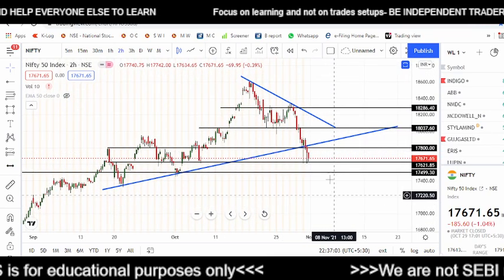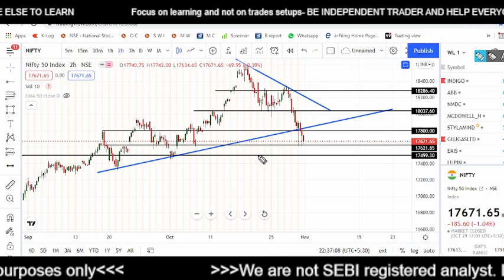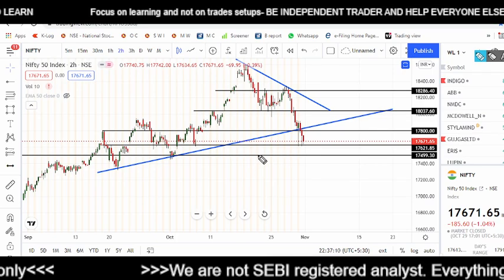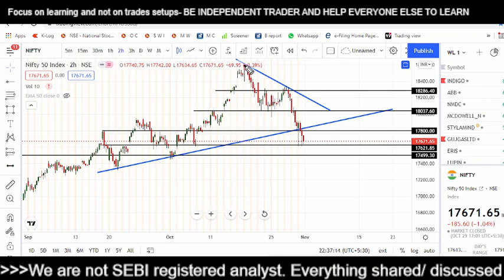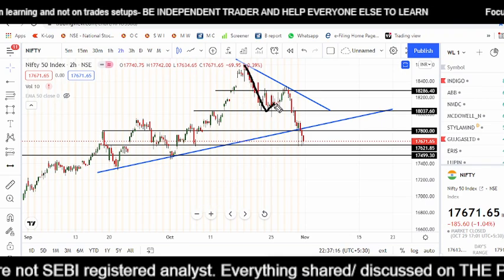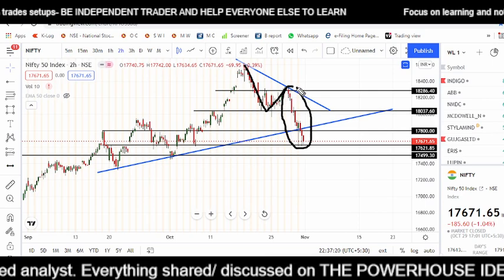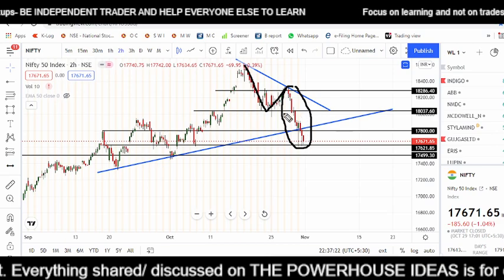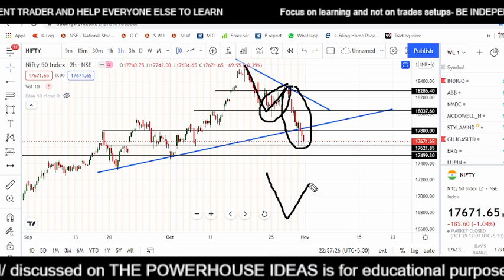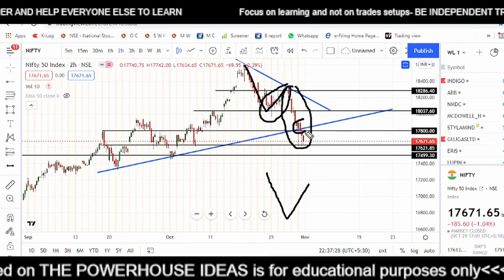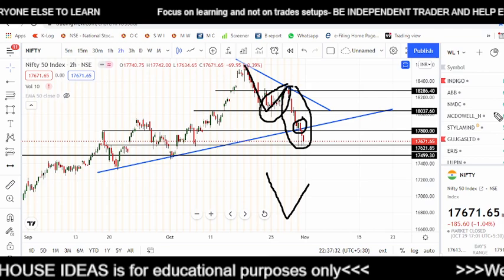But before moving to that, let me tell you that whenever the market moves in one direction, it does not move in that direction without a retracement. As you can see, when the market was moving down over here, it gave a pullback. Now in this leg of this swing, we haven't seen a pullback like we saw over here. A pullback is a clear movement to the upside. This is not a pullback. A pullback is a clear movement to the upside which has not been seen till now.